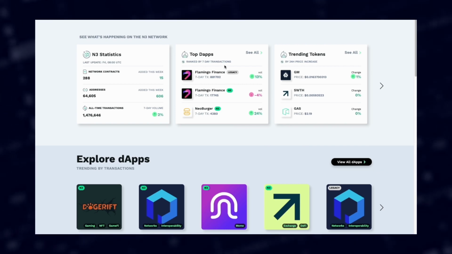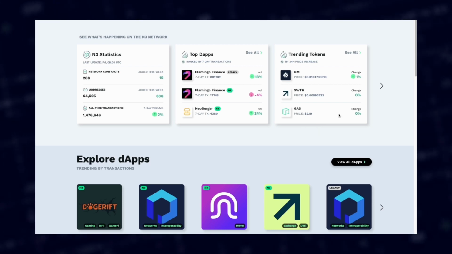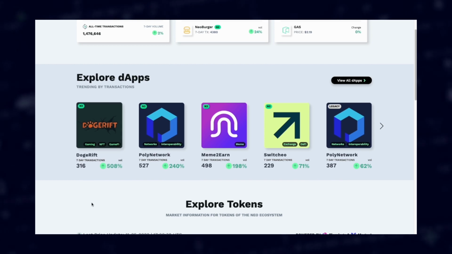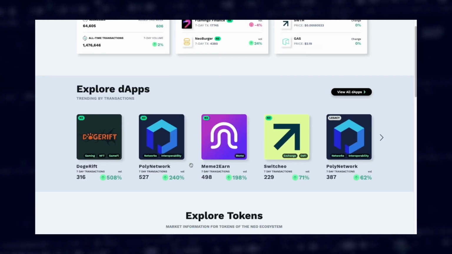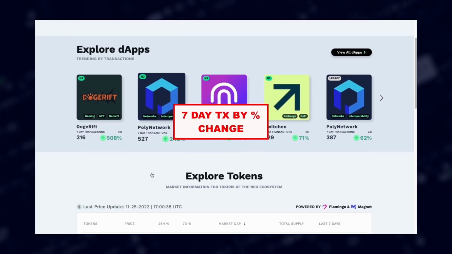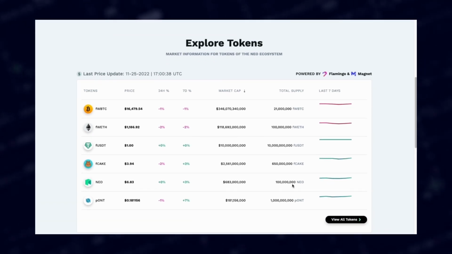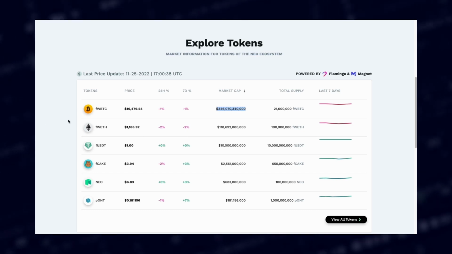You've got your N3 statistics, top dApps by transactions, things like that. Trending tokens. We kept the Explore dApps here so you can quickly see what's trending by transactions over a shorter period than up here. This is 7 days. This is 24 hours. We've added the Explore Tokens section here. This is something that we're also going to update, because basically this just takes the tokens by overall market cap, but